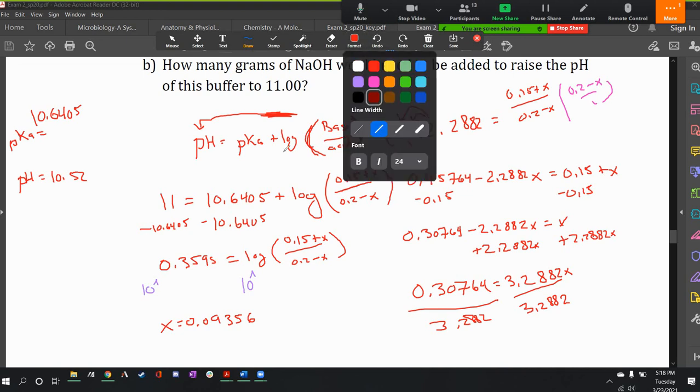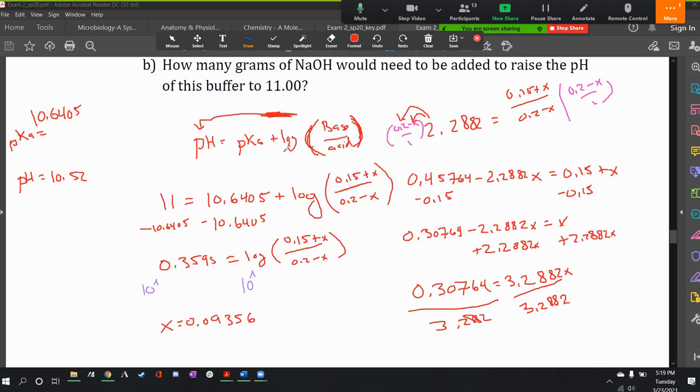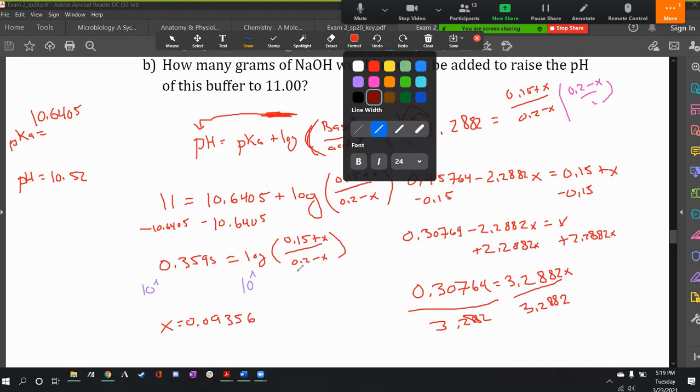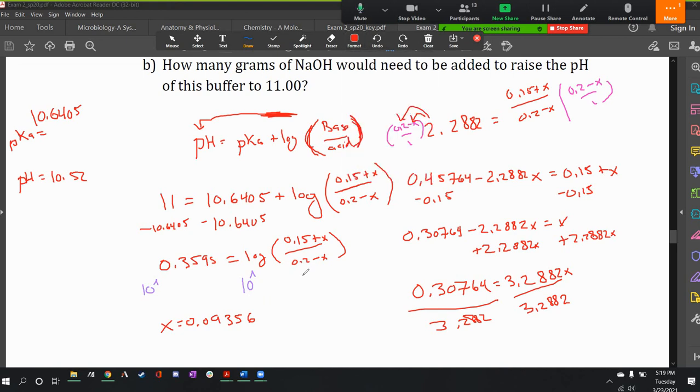Okay. So now the question said how many grams of NaOH will we need to add? Okay. Well, now we know. So we figured out x. That's how many moles per liter, because I started off in concentration over here. So that's how many moles per liter we need to add. So we can just combine those now. So go back to our original place. So 0.15 plus x would give us